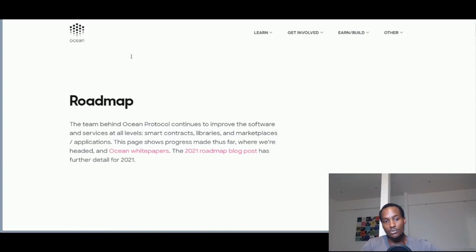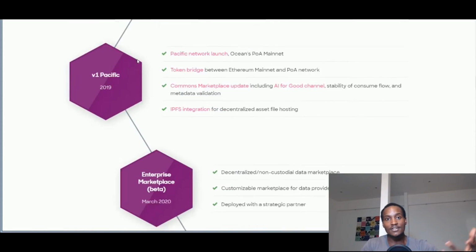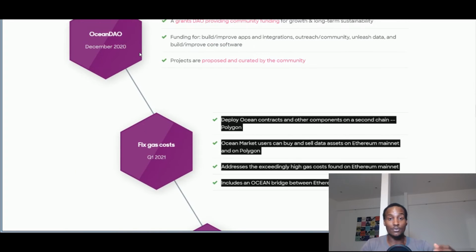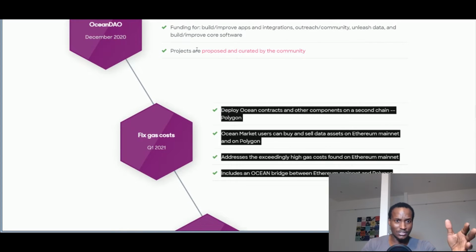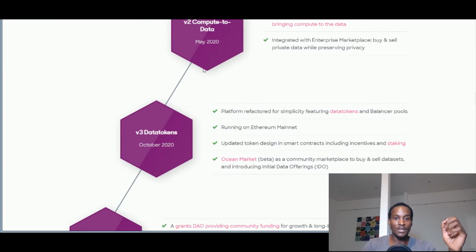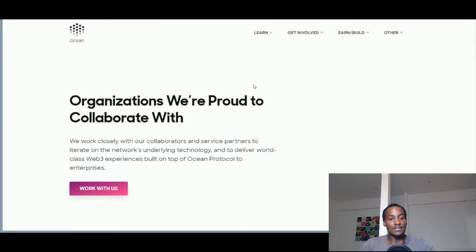But when you go to their roadmap, you realize that since they understand this, they want to use, by the way, guys, Polygon Network. They want to use Polygon Network to reduce the Ethereum gas fees. And I think mostly for Ethereum gas fees, they must be cooking up something else for scalability and making things faster. Because if you're doing something to do with data, things need to be faster. So guys, essentially, that's it.